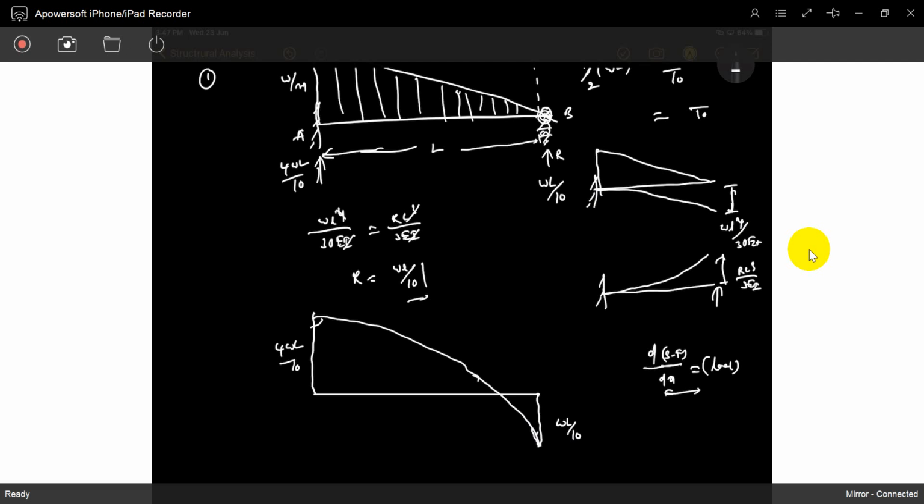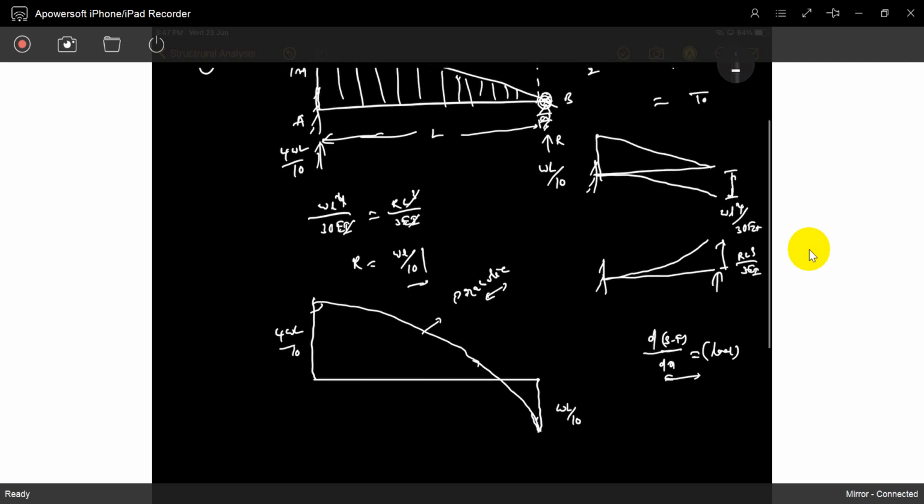So we have to draw the diagram carefully. It's not a straight line, it's a parabolic shape. You can discuss the shear force and bending moment basics chapter already. Understood? It's parabolically varying, not a straight line variation, it's parabolic variation.